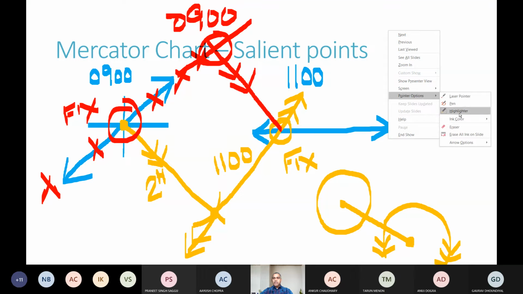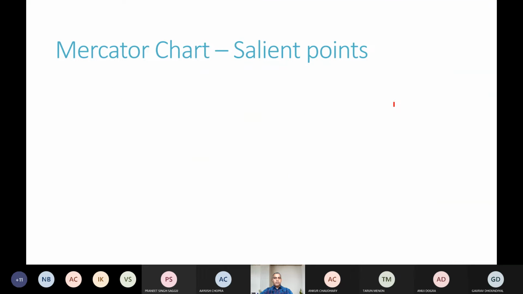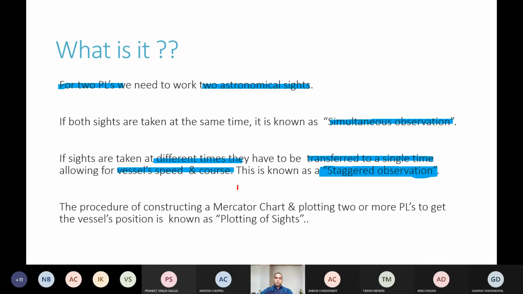Okay. So I'm erasing the ink on the slide now. So as I told you, coming to the last point now, the difference between plotting in celestial navigation and plotting on the chart is, now on the chart it is very, very easy. You have all the positions, the grid of latitude and longitude available to you on the chart. So you can simply plot the PLs, you can draw the courses, you have a parallel ruler, you have a compass rule, everything is. But here in these cell nav plotting questions, they will not give you these questions on